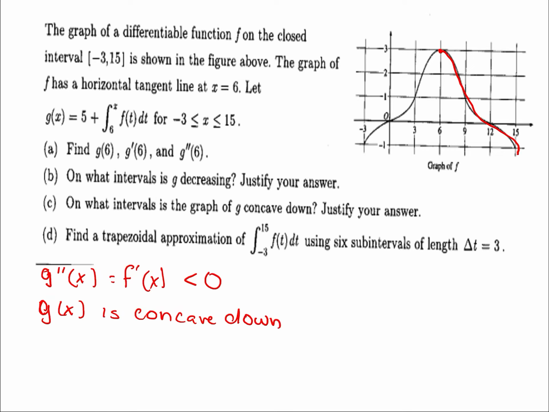Notice how I'm writing complete sentences and I'm answering the question in my sentence. I'm not just saying on the interval from 6 to 15. You have to be specific and you want to write down what you're saying. You don't want to write a paragraph, but you want to be specific. So g of x is concave down on the interval